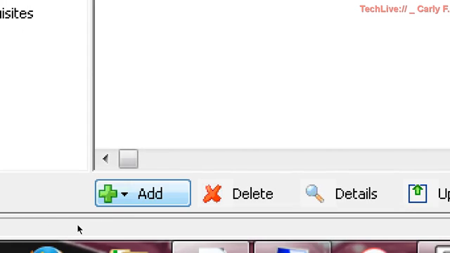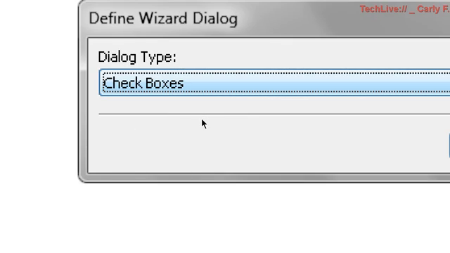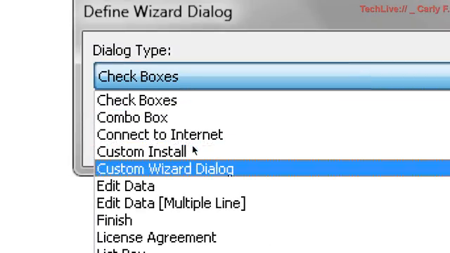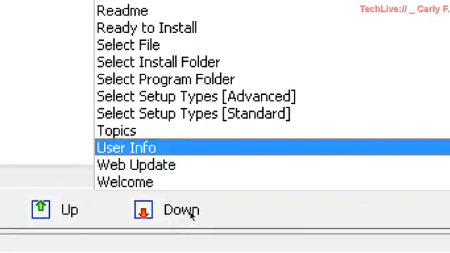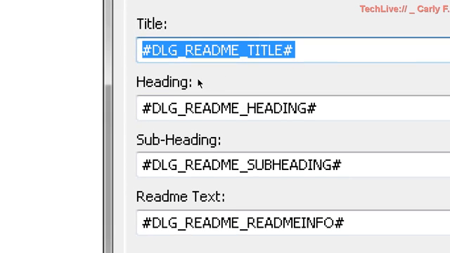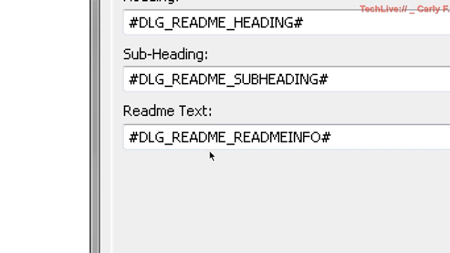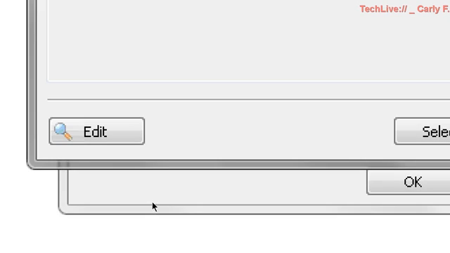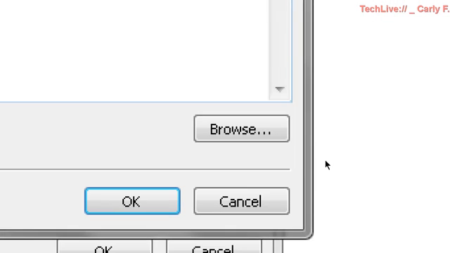Okay, there my buttons are. And I'm going to add, and if we drop this down, you'll notice there is a ton of dialogue templates. But what I want is a README dialog. So the first thing I want is a README box. Again, you can customize the title, the heading, the subheading, and the actual README text, which is what I'm after to customize. I'm going to edit this text resource, browse,